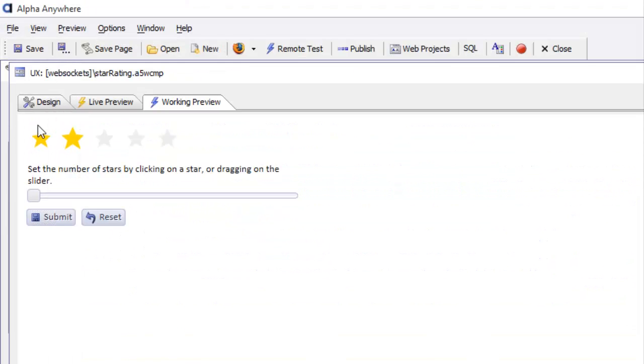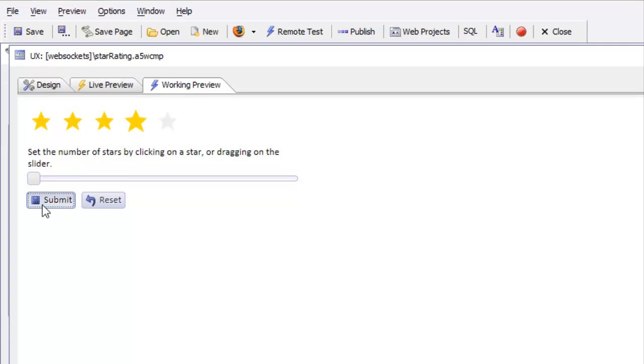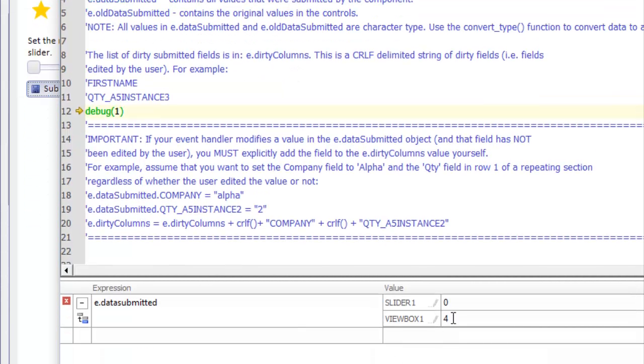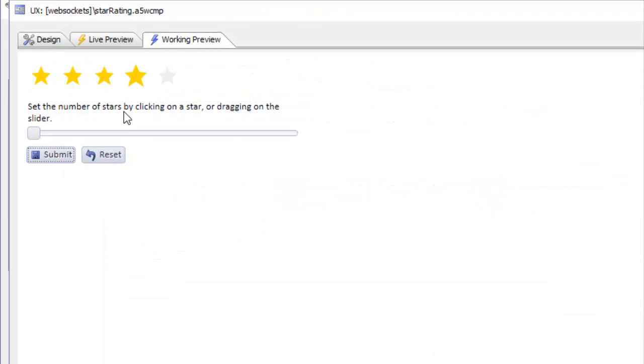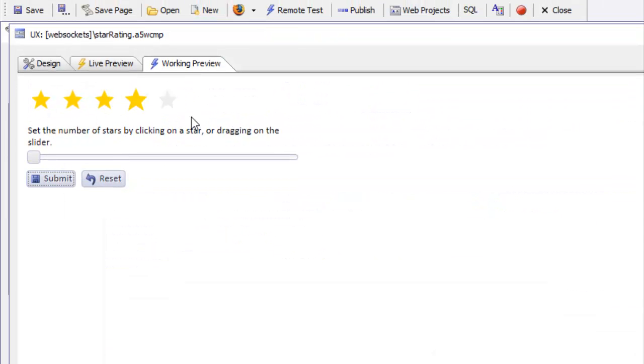But if I were to now go and click, say, on 4 and then hit the submit button, you can see that the data submitted is 4. So basically this control here is acting like any other data control in a UX component, in that it has a set value and a get value method, and I can use the slider here to set the value. So if I go there, you can see that I'm setting the value to the number of stars that I want. By dragging the slider around here, I'm actually executing set value methods on this